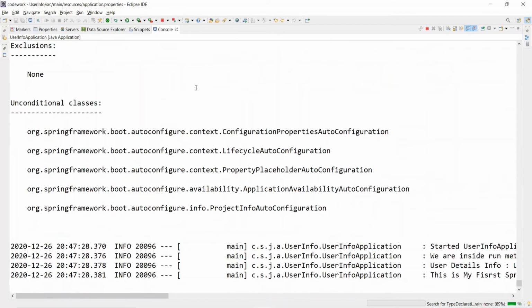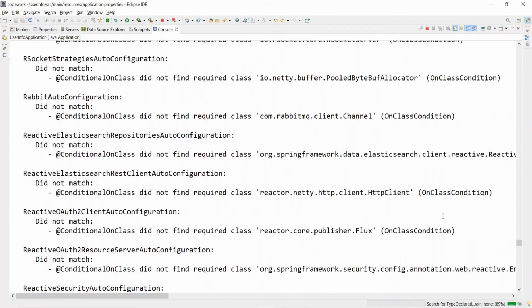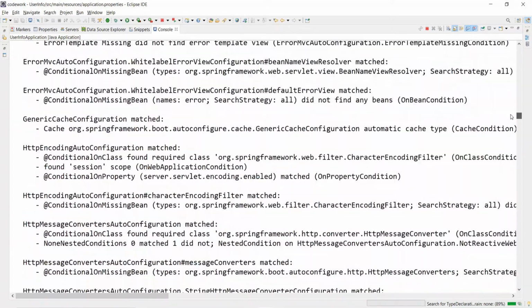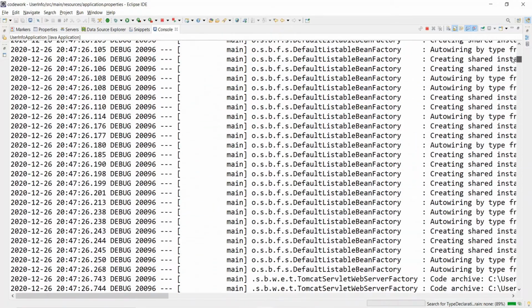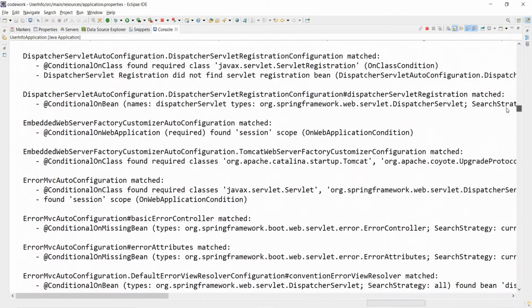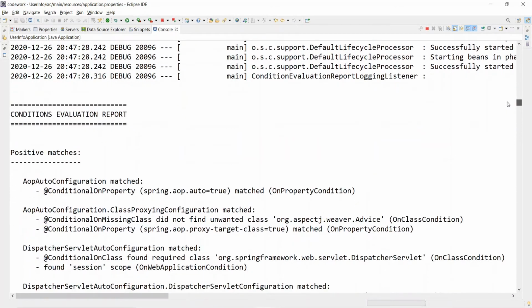See how many logs have started coming in the console. Lots of logs have started coming. If you go up and see where the dispatcher servlet has been configured, you see DispatcherServletAutoConfiguration matched.